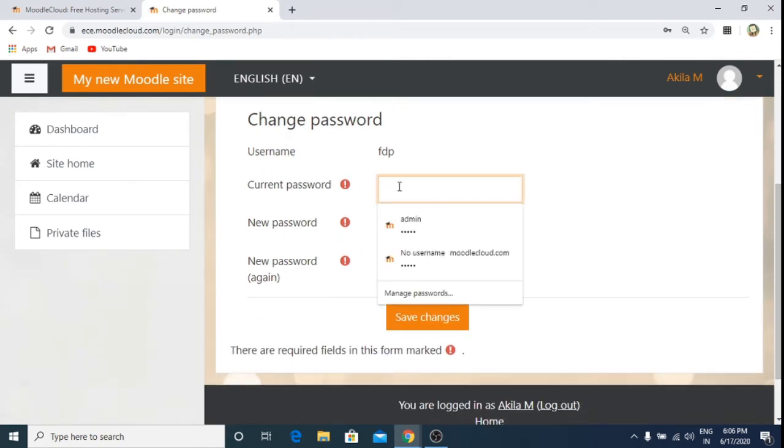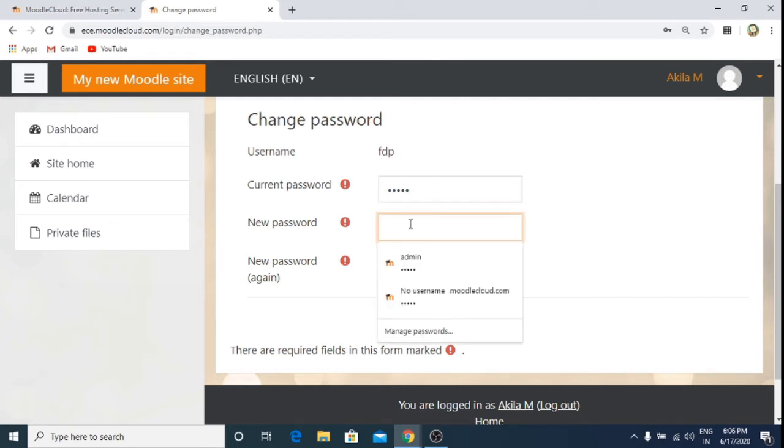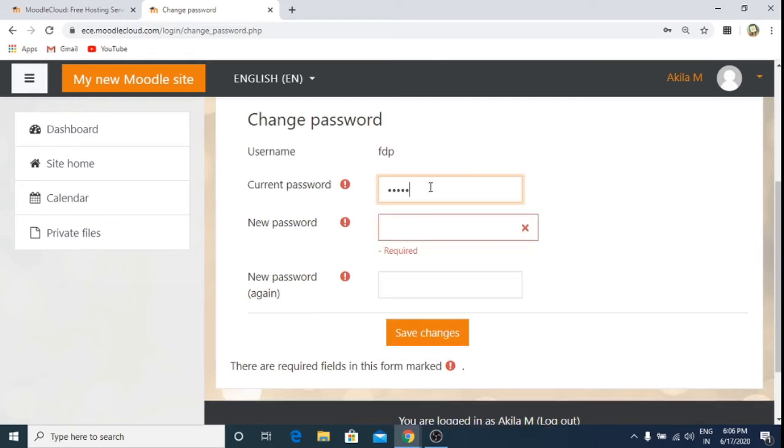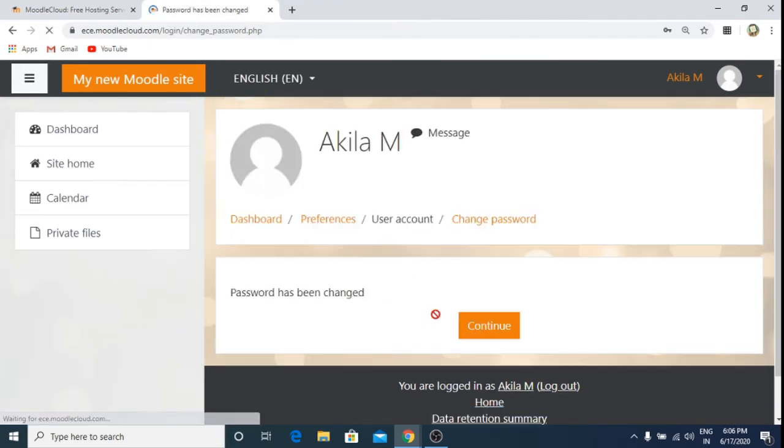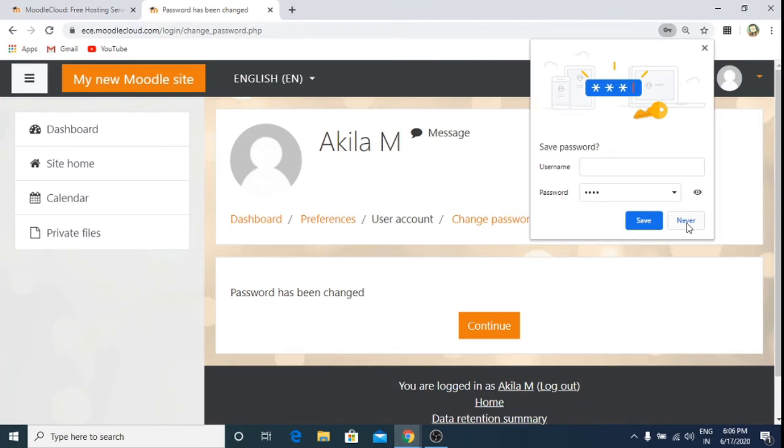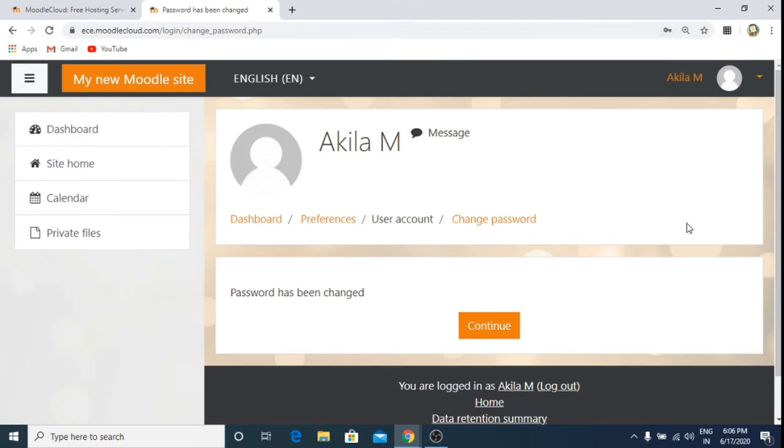Now I'm going to change my password here. Now I click on save changes. I click on continue.